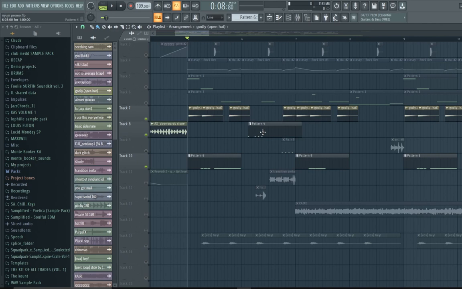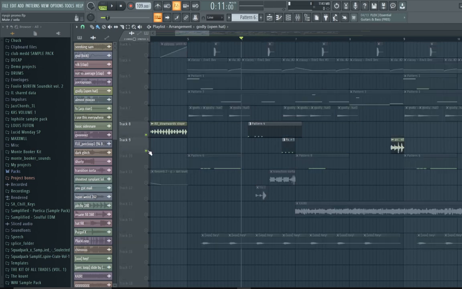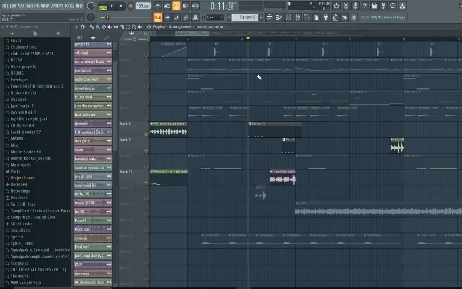Also, really good pointer. Pan different sounds, like percussive sounds and snares and everything else like that. Pan some sounds a little bit to the left, some to the right. So here's a little example of that. So these are the snares that play. See that? I think this is panned to the left a little bit, and then this isn't panned, but